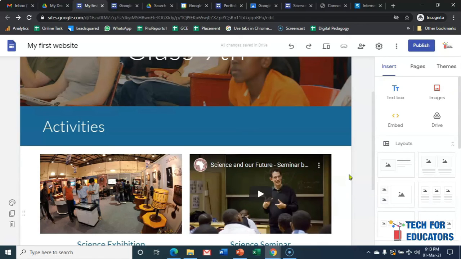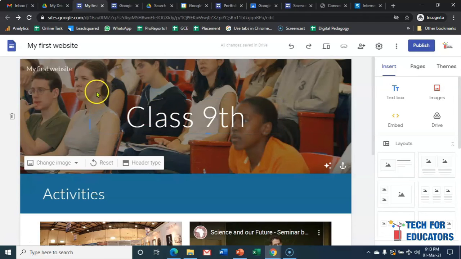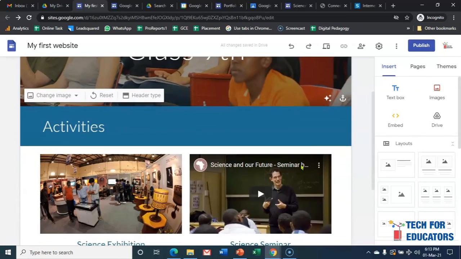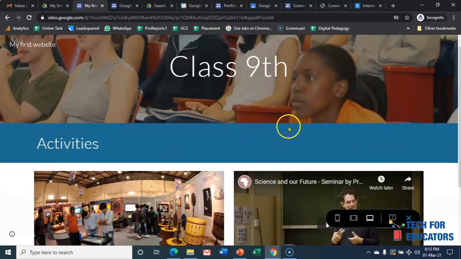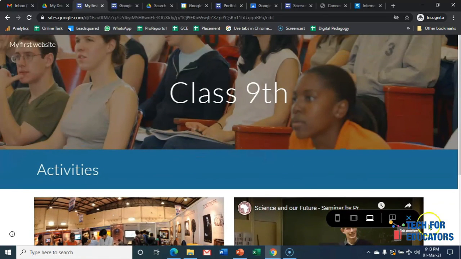Basically, whenever at Tech for Educators we conduct a session on Google Sites, and when we teach teachers how to prepare a website, generally what we do, first of all, we explain the process of how to insert an image or the background, and then we pause for 1 minute and ask all the teachers to repeat the same exercise on their laptop, and in case they have any doubts, they can ask immediately then and there in the class. So this is the way we conduct a live and interactive class, wherein we teach teachers how to use Google tools. And this is the way your website will look like. And if you see in the preview mode, within a couple of minutes, you have seen we have created the first page of our website.